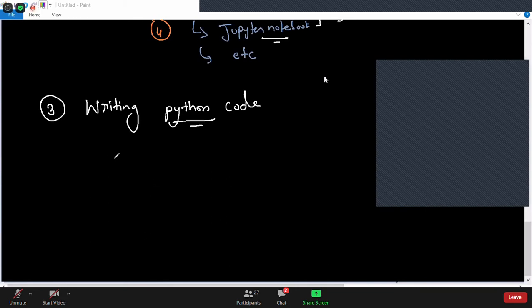Like you start with hash include stdio, the main function, then you write the printf function. A lot more stuff: int main, return zero. So a lot of things. To explain the hello world program, for me at least, guys, I require a minimum of 4 hours just to teach you the hello world program in C language. I'm talking about myself.